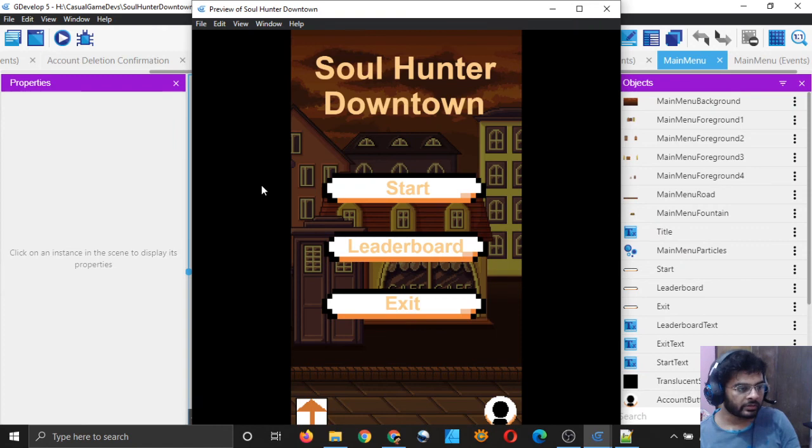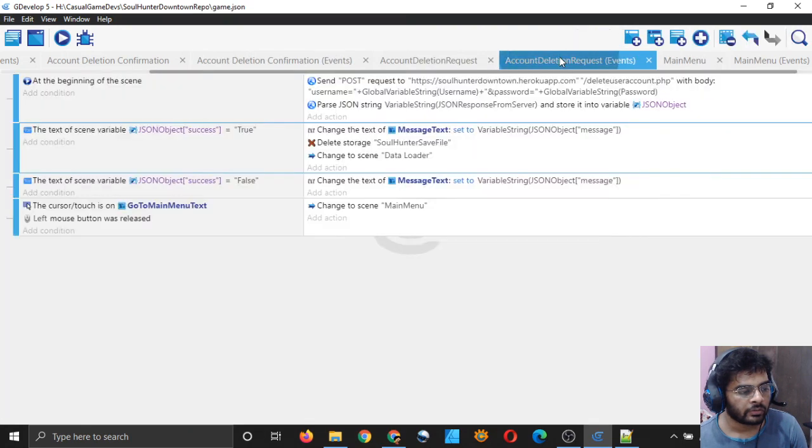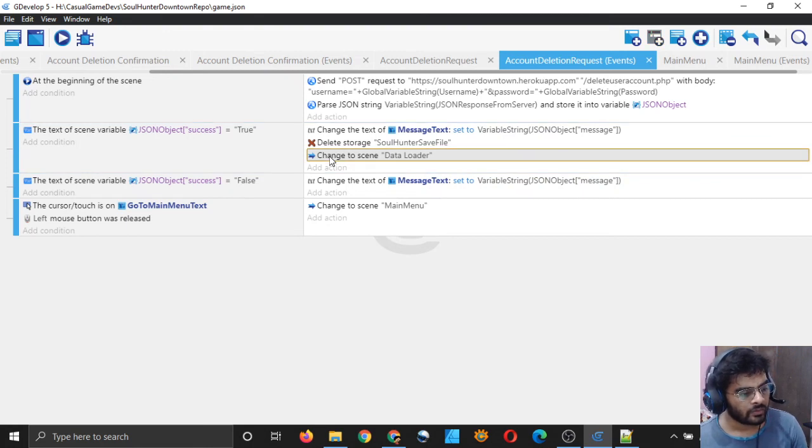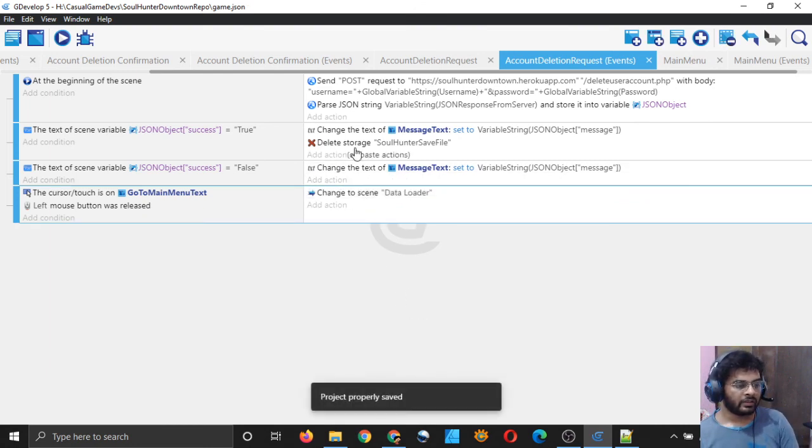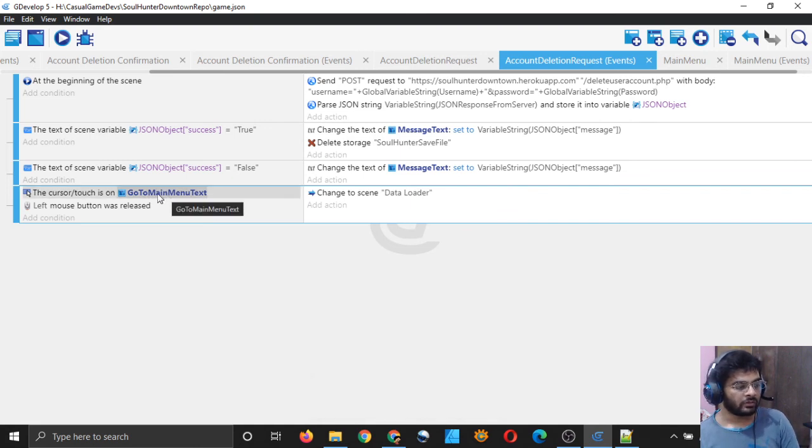But wait, wait. I have to do it in the go to main menu text. I will simply cut this and I will delete this one and I will paste. I am deleting the storage SoulHunter save file, but I will change the scene when I click on this go to main menu text.